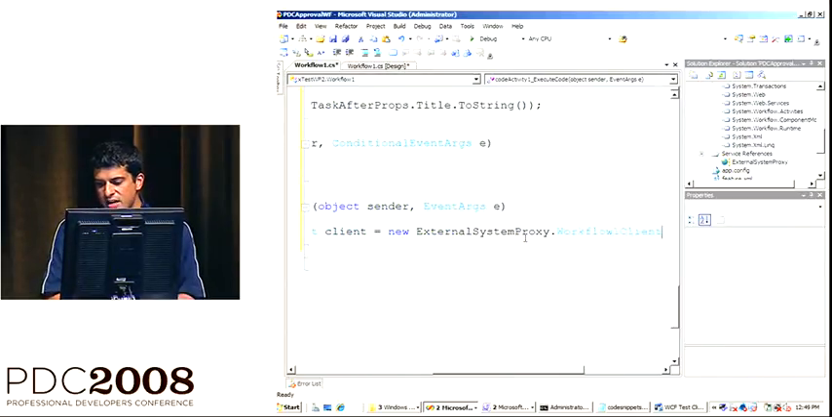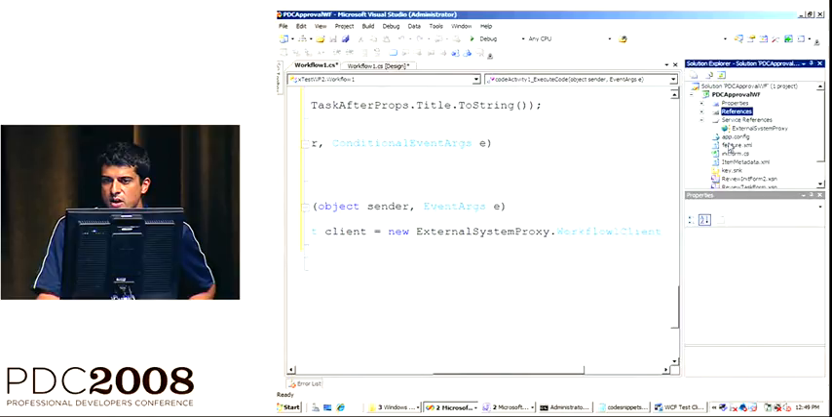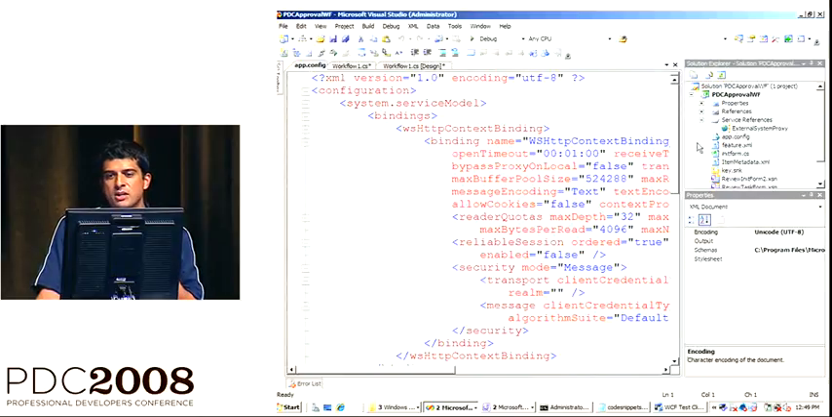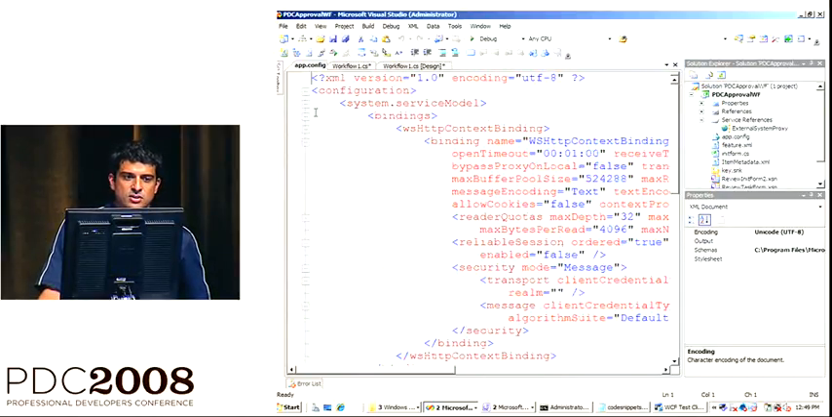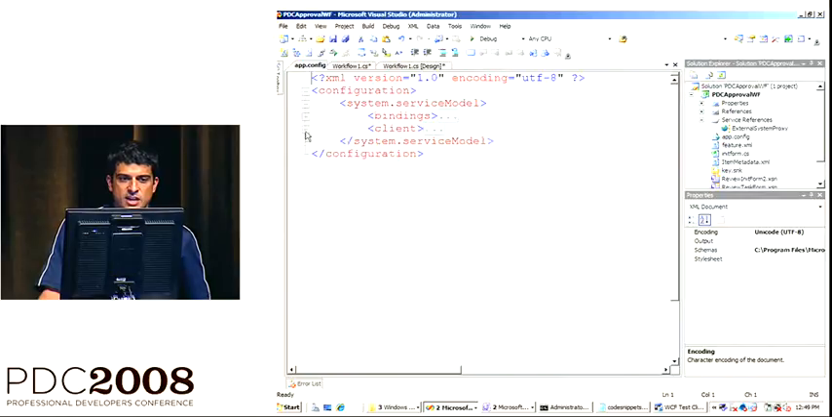Now, the thing you need to pass into that is actually the name of the endpoint. And there's a little tip I can give you there. When I created that proxy class by adding a service reference, it created this app.config file. Now, app.config means nothing to SharePoint, so that file is meaningless. But it does add, and we're going to need to use this a couple times,